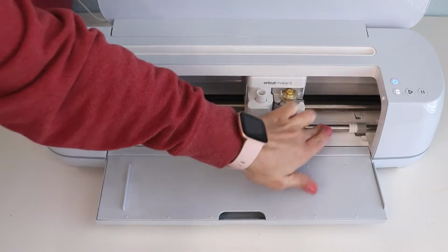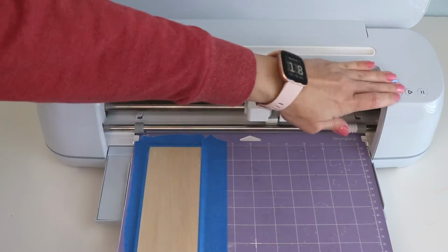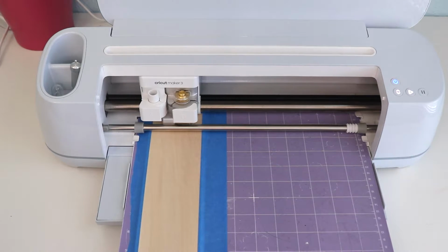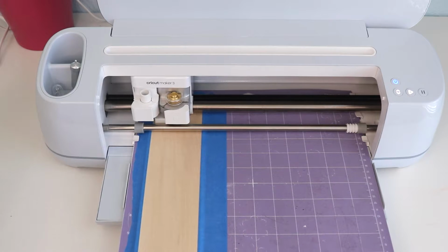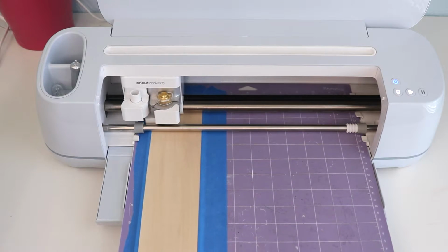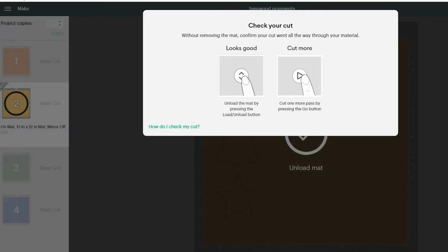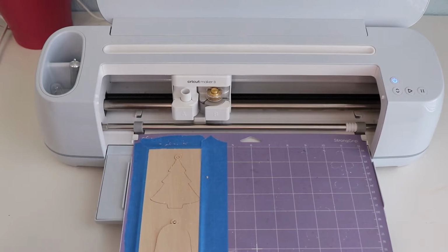Now we can load up the mat and cut these ornaments. This does take some time. Because of the thickness of the wood, your machine is going to do a number of passes to make this a really clean, deep cut. When the cut is complete, be sure to check your wood before unloading it. You will be prompted on the screen as well. If you need to run it through another cut, go ahead and do that, but check that before you unload